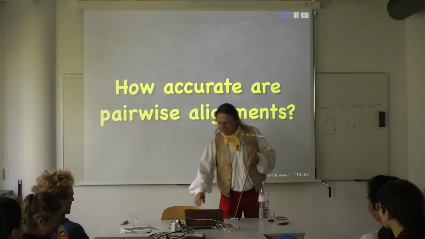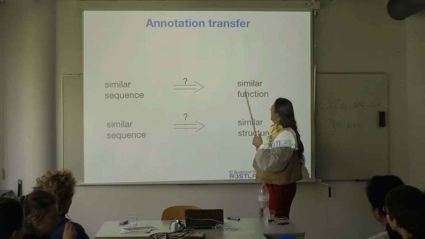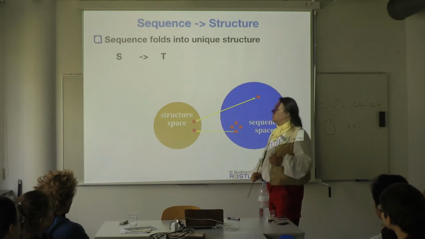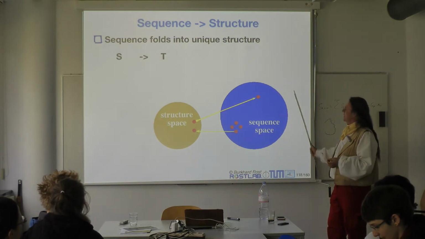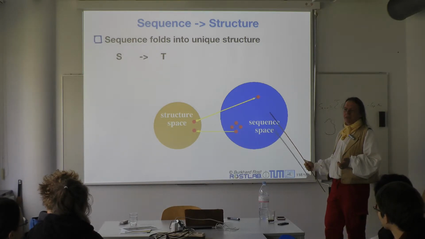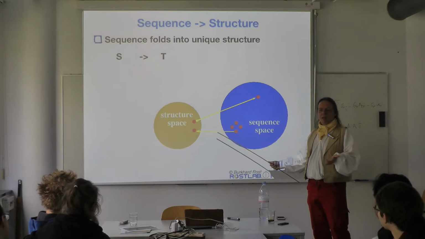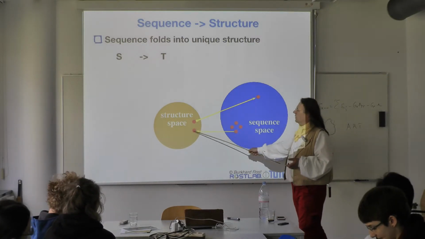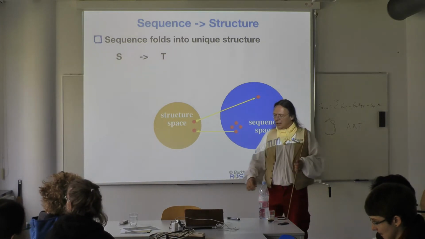How accurate are pairwise alignments? Let's begin with a bunch of questions. Similar sequences, do they map to similar functions? Similar sequences to similar structure? Assume that we could map, compute, draw the universe of all sequences. Again, we don't know it now, and of this we know much less than of the universe of all structures. But say this is the universe of all sequences, and this is the universe of all structures, so some sequences map to some structures, as I show, and